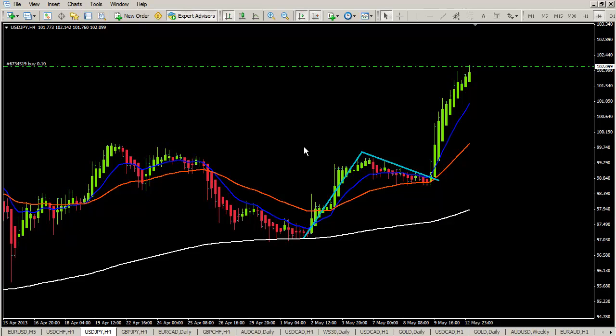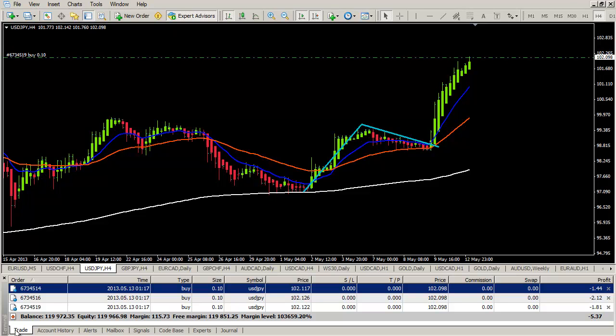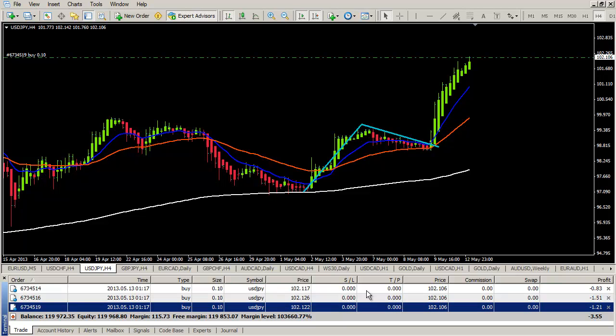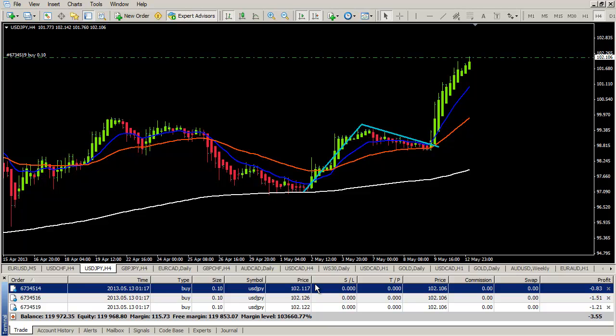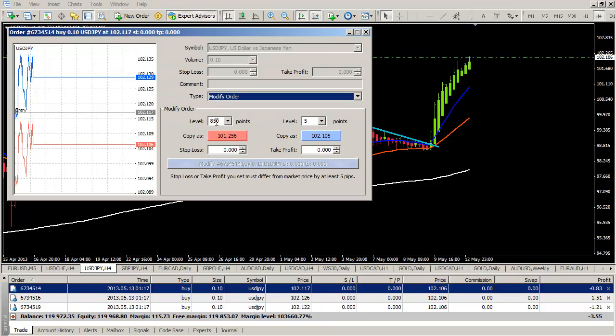I like to do these things manually to make sure everything is correct. Now click on terminal, you can also do that before, and where it says trade, you will see the 3 positions right now. In order to put the stop in, you have to click on each position separately. So first, that's your first lot you open, click on stop loss, where it says